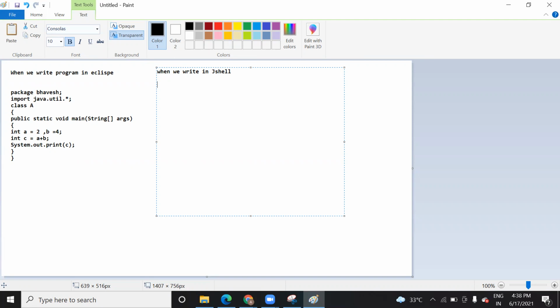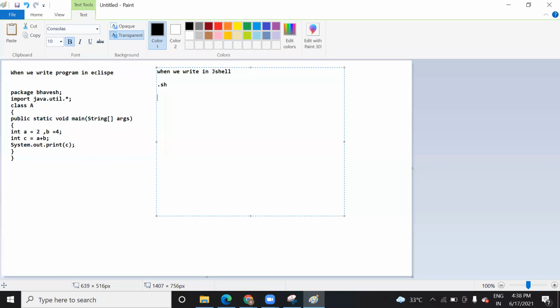Have you seen any file which has a .sh extension? This is called a shell file, and it is like a scripting language only. Shell script we say it. Scripting means a language that you can run line by line, like Python. You can call Python a programming language also, and a scripting language also. Java is also programming, where you run the whole code at once, and JavaScript is called a scripting language.